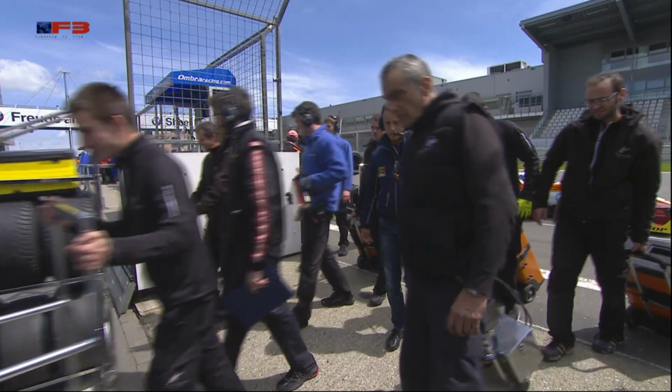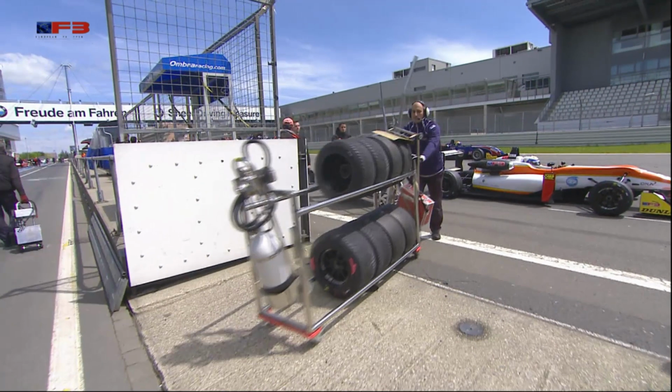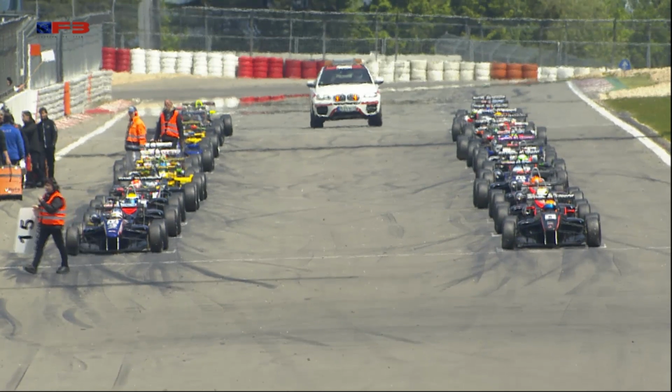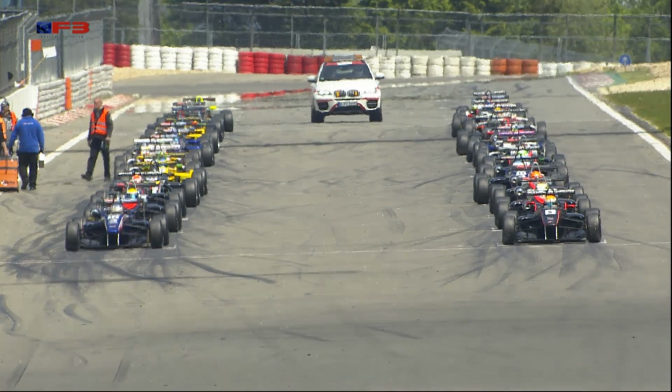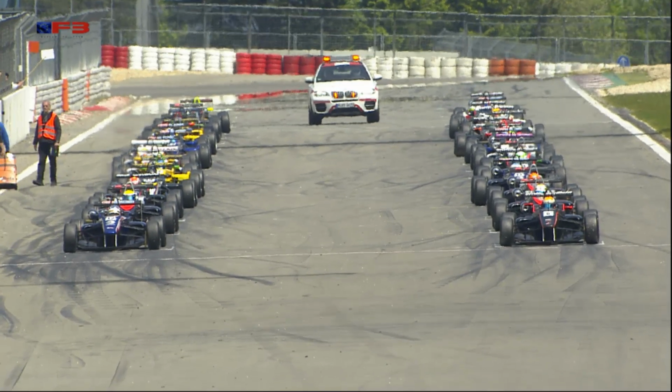As we said earlier, they all run on a controlled compound Dunlop tyre, but given the air temperature today and given the antics we've seen into the first hairpin in some of the races that were held a little bit earlier on today from some of the German national championships, getting the heat into those tyres on this formation lap is going to be absolutely critical for the drivers, because we've seen lots of spinning in the early stages